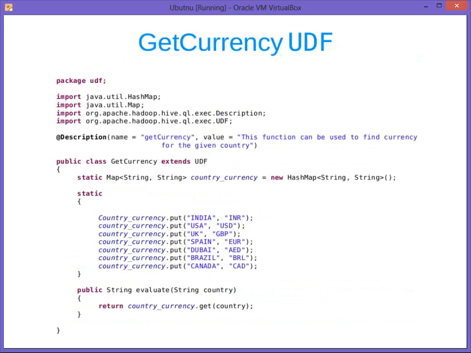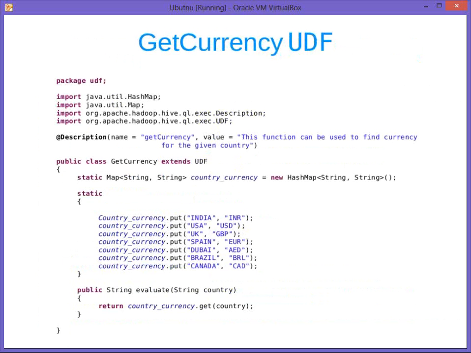Just like in our word count program, we were extending the mapper and reducer class, because in Java, if some features are already available in some class, you can simply extend that, and this way you can inherit all the features of that class in your class. So the UDF class is written by the Apache team, and what I am doing is writing my own UDF class by extending their UDF class. So okay,